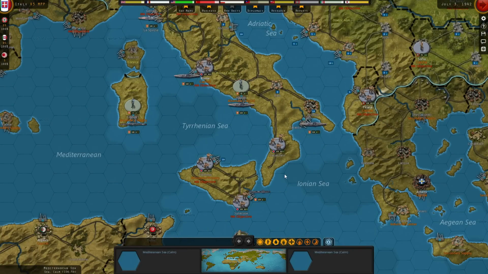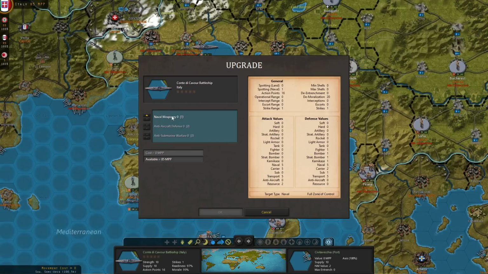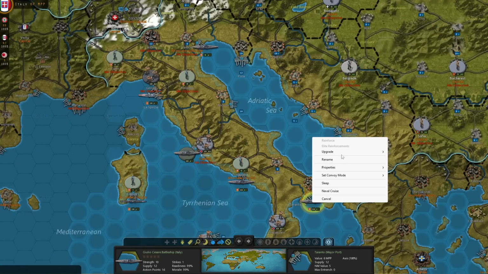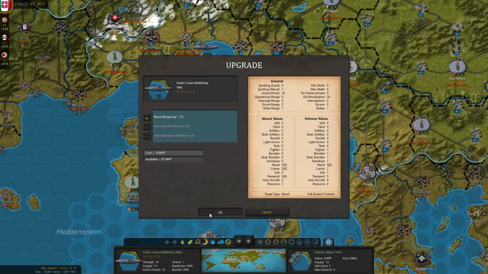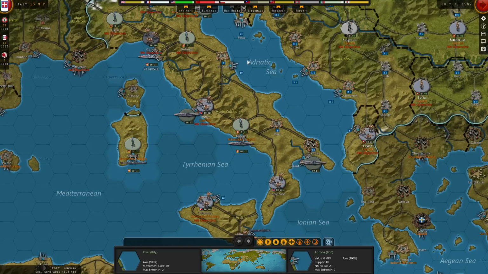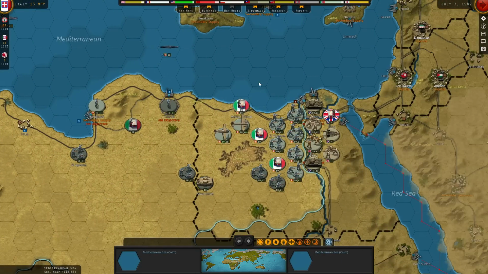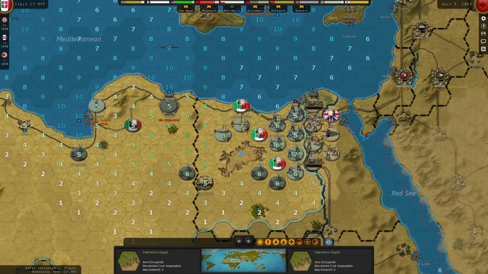We're going to keep getting our Navy prepared for any potential naval engagements. That means an upgrade on this battleship, naval weaponry, upgrade on this battleship, naval weaponry, and reinforce this battleship, which is already upgraded. We have 13 MPPs remaining, and realistically, nothing except the upgrades on some garrisons, really, to spend it on. Our supply, otherwise, over here, looks